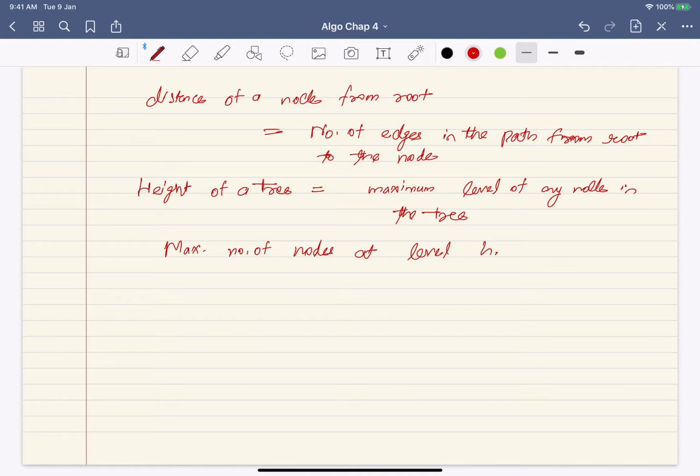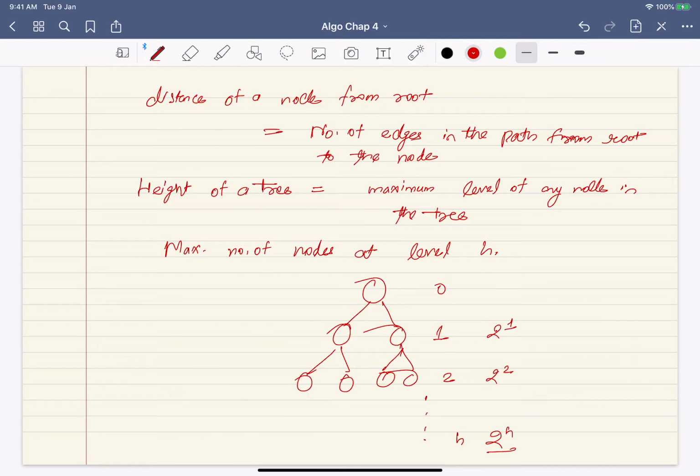You start from the root, and from the root you can have a maximum of 2 nodes at label 1, and from each of these you can have another 2 nodes at label 2. So as you keep going down to label h, at label 1 you have 2 to the power 1 nodes, then 2 to the power 2. So at label h you can have a maximum of 2 to the power h nodes.